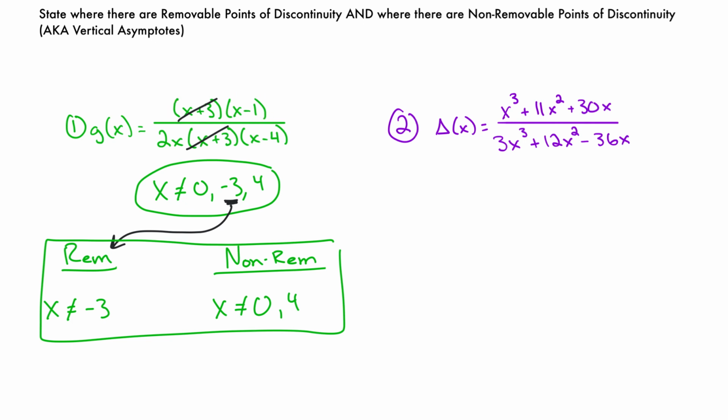Problem number 2, a little bit tricky. I'm sure you guys could have seen this a mile away by now. How is this problem tricky? It's not factored for me yet. I gotta factor it first. So,